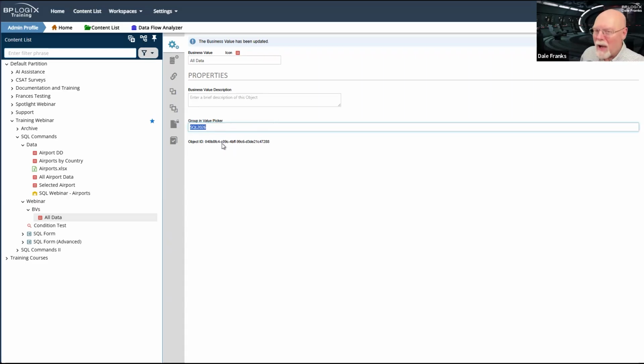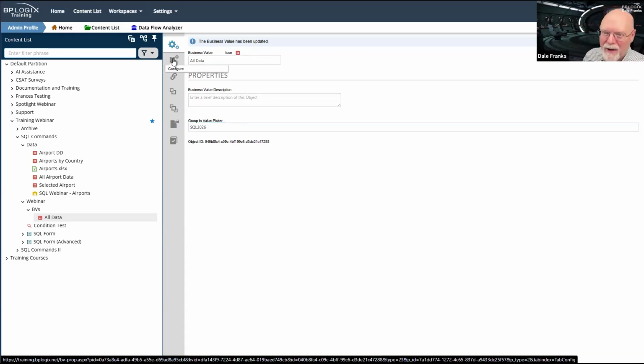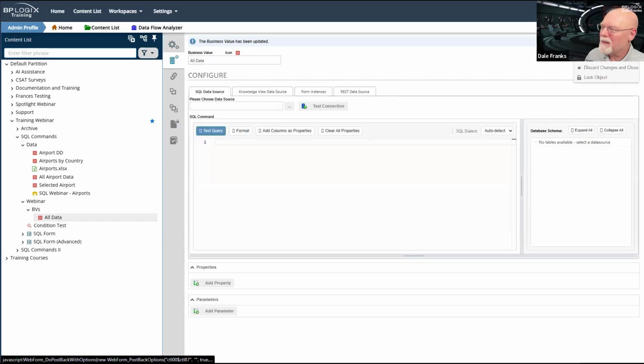We're going to make the value picker in the choose system variable dialog box searchable, for reasons that will be obvious to you. And that's why I'm spending so much time trying to figure out what I'm going to call this in the group and value picker. It's super important. It's about to be less important because we're going to make this searchable. We're going to make the choose system variable dialog box, the drop down menu, searchable. So that's going to be a huge quality of life improvement, certainly as far as I'm concerned.